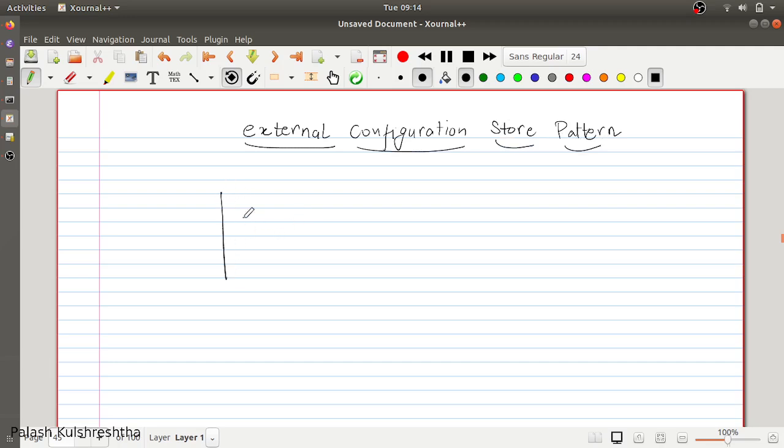So for example, you have an application running which is doing some work. This is your application, and for doing some work there has to be some configurations. One of the practices of having clean code is to not hard code the values that are driving the behavior of your application, but rather save them in some configuration, so that if you want to change the behavior of your application on multiple parameters or on some parameters,